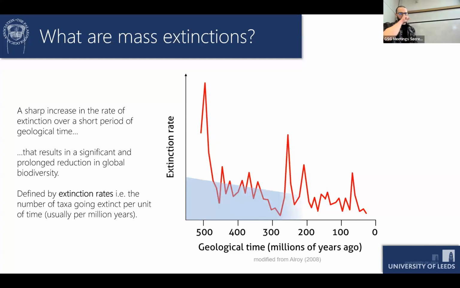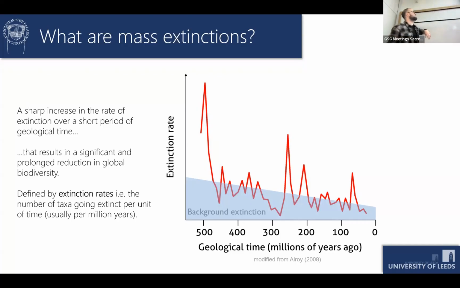And we can compare it to something called background extinction. Extinction is a normal evolutionary process. Things evolve, they diversify, and eventually they go extinct. No species tends to last forever. So background extinction is the amount of extinction we would expect to see under normal evolutionary processes for any given unit of geological time. It seems like it declines through time. We don't really know why. I'm not going to talk about that, but if you want to ask me later,